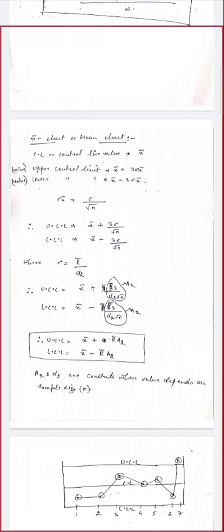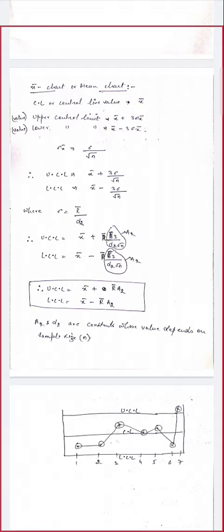So our upper control limit value will be equal to X bar plus R bar into 3 over d2 into under root n. Similarly, lower control limit value is equal to X bar minus R bar into 3 divided by d2 into under root small n, and here the constant, that is A2, is equal to 3 over d2 into under root n. So we can write it as A2. I will tell you what is A2.